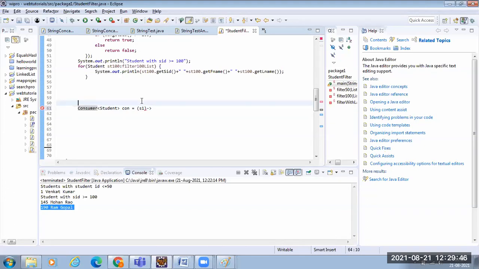In the overriding, whatever the types you mentioned in the interface, in the implementation class you use the same. If you want, you can specify the type here also, but it is not mandatory. Student, yes. If you are a beginner, you can use it for your convenience. Then here,